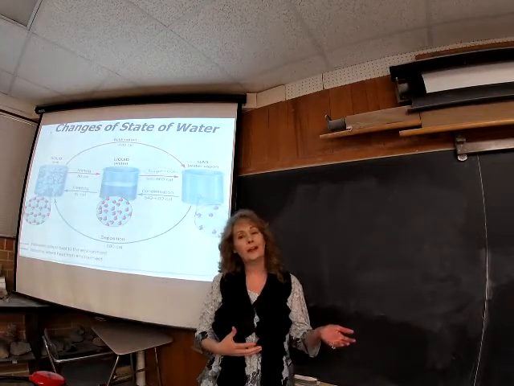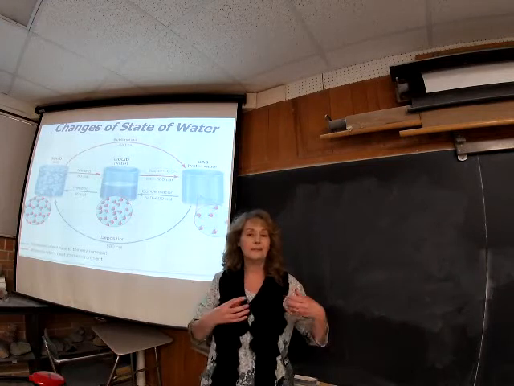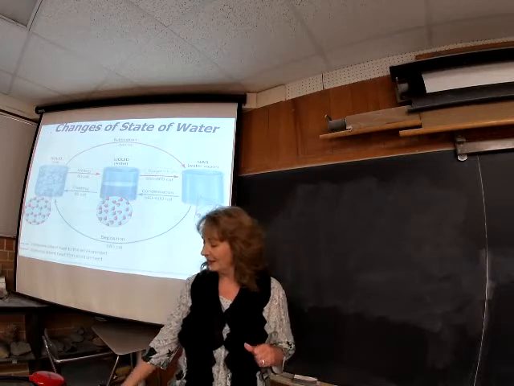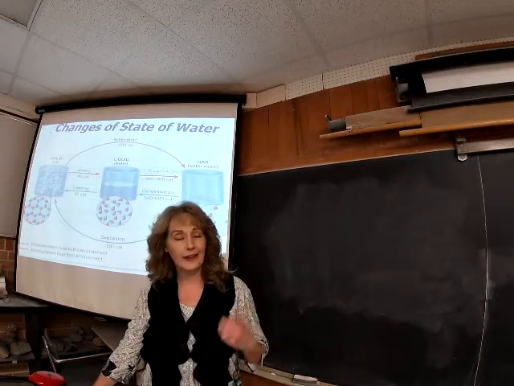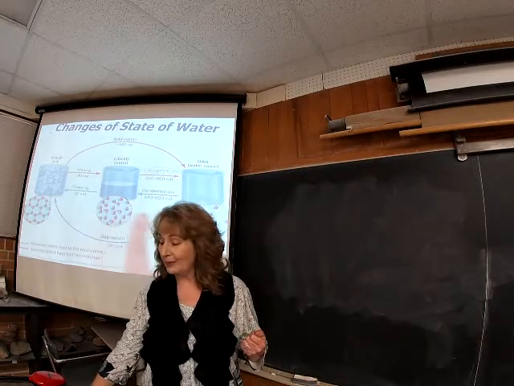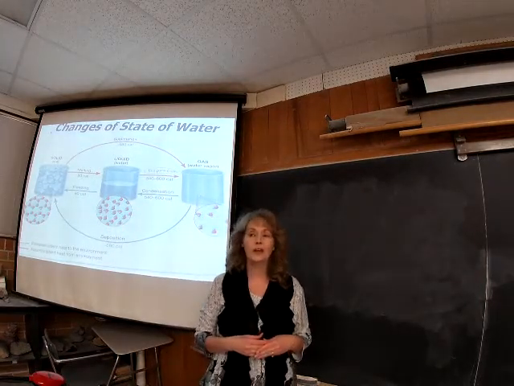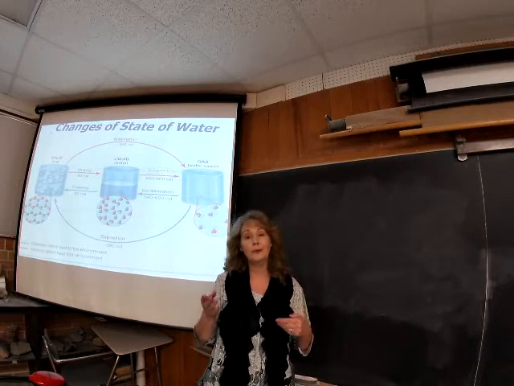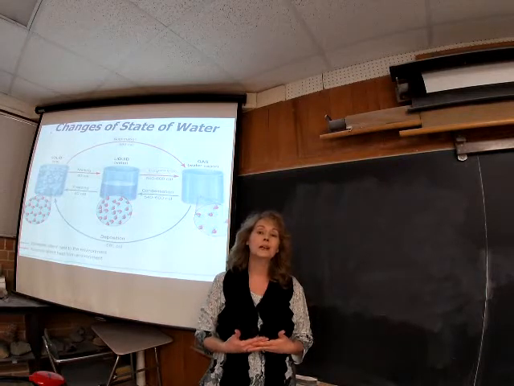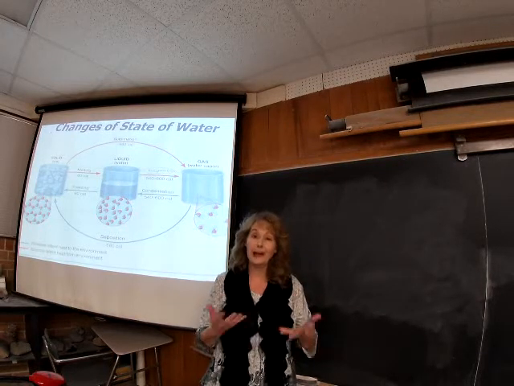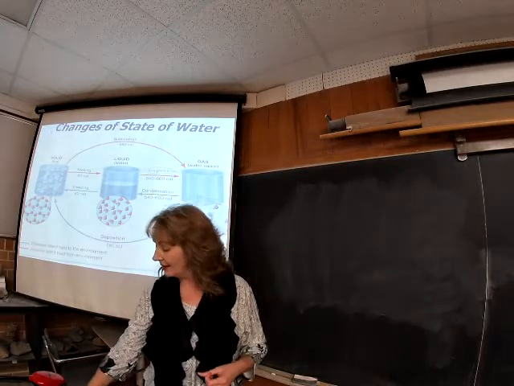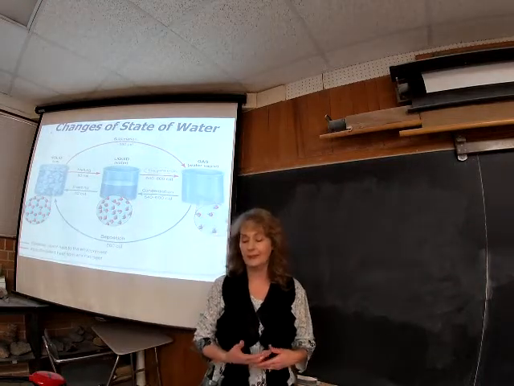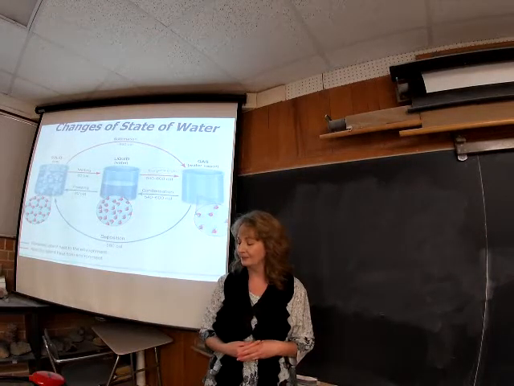Then if we go back the other way, here we're going from a higher energy state down to a lower energy state, so we're going to be releasing some of this energy. Going from a gas to a liquid, that was known as condensation. If it took 600 calories to go from liquid to gas, then when we go from gas back to a liquid, we end up releasing those 600 calories of latent heat back to the environment. That gives us condensation, gas to liquid. That's a release of latent heat to the environment.